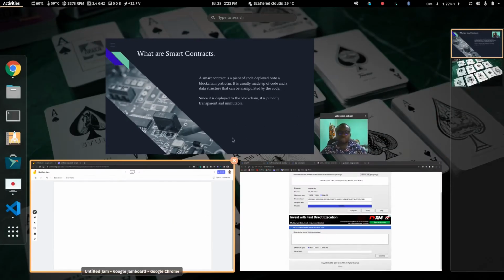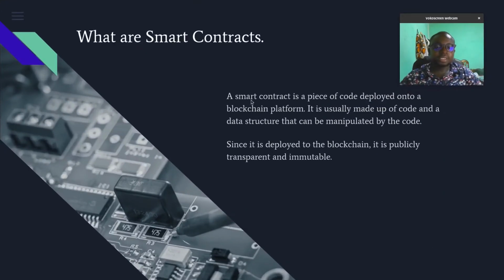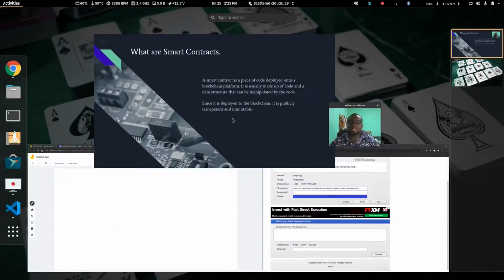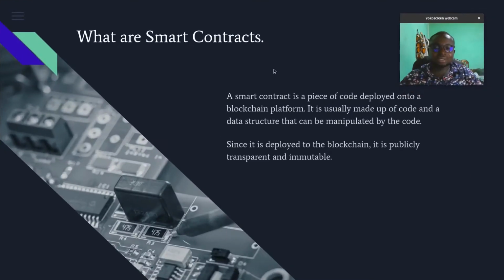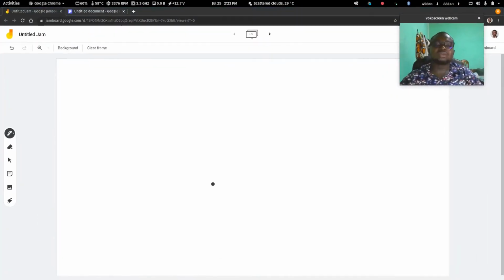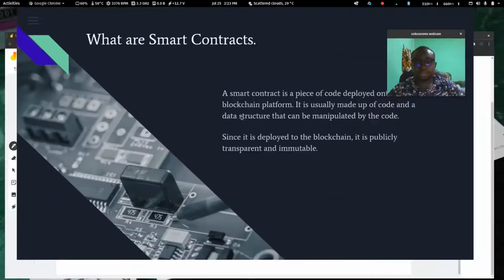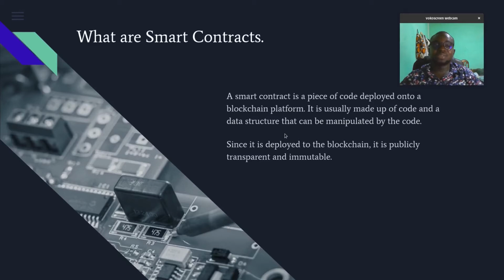So let me just explain what I read. It's a piece of code, right? That is deployed onto the blockchain platform, and that is why it is called a smart contract. So when you have code that is deployed onto a blockchain platform, we call it a smart contract. That's the best explanation I've heard so far. And of course it's made up of code and then